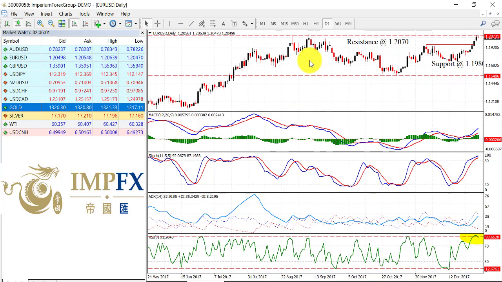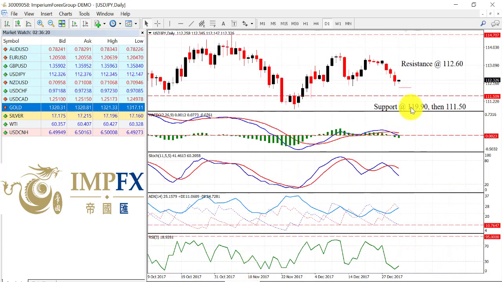Also with the euro looking back up towards the top side of the range from last year around 121, I do expect to see the market fail and look towards the downside, with the initial support coming in at 119.80-85. You can see here from the RSI that we are extremely overbought, so therefore I do expect to see a retreat from the top side of the range.